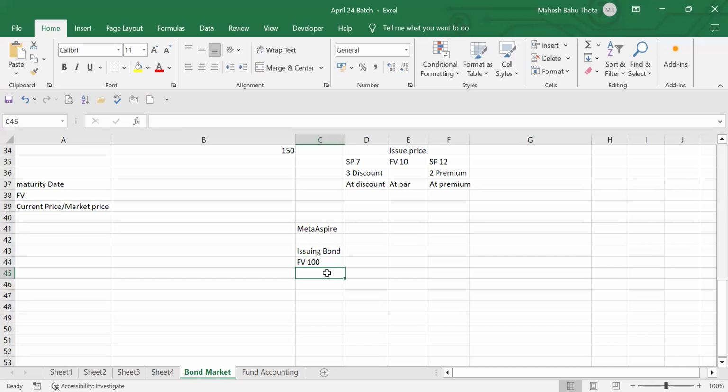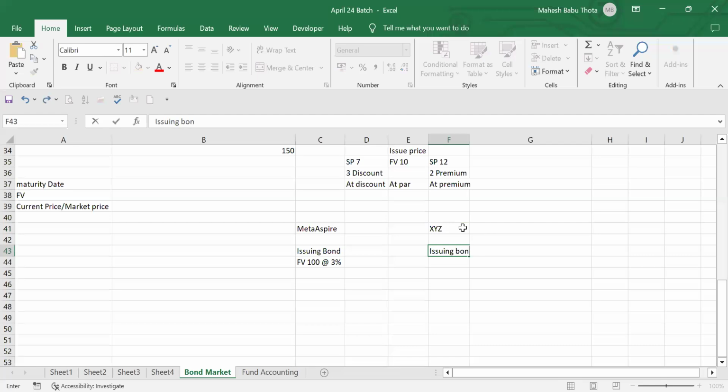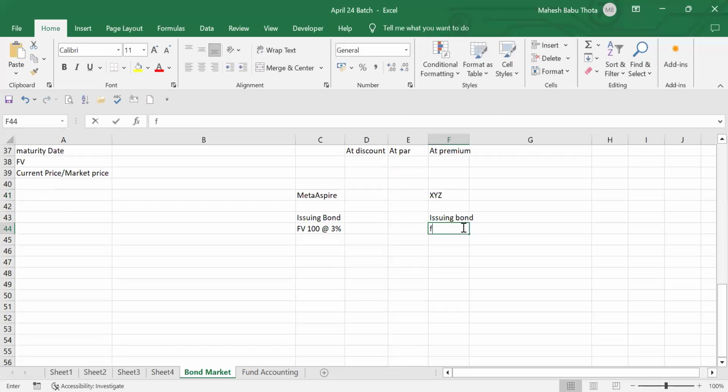The interest rate is 3%. Now there is another company, a competitor of mine, XYZ company. They are also issuing a bond with the same face value, but the interest rate is